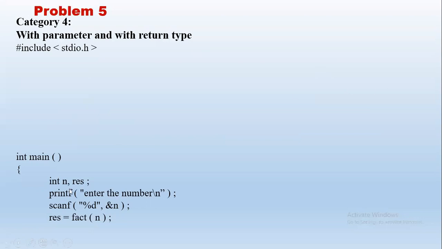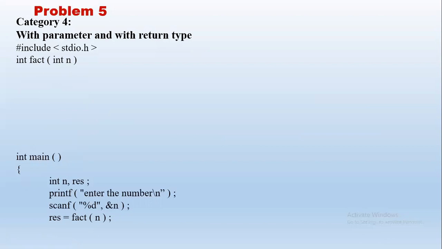Note the function call. n is the actual parameter, and we calculate factorial of n and get back the answer, which is stored in result. Once we get the function call, control passes to the function. Whatever statement we have later will be executed after the function completes. The function will execute the entire function definition, control will come back to result, and then the program continues. So this line is the function declaration, or the function prototype.